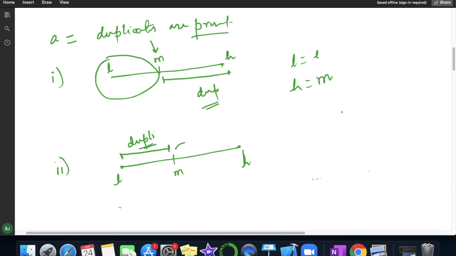So we have to apply our logic for this section only. For this section my low will be mid plus 1 and my high will be the same as before. Now these two conditions were easy.